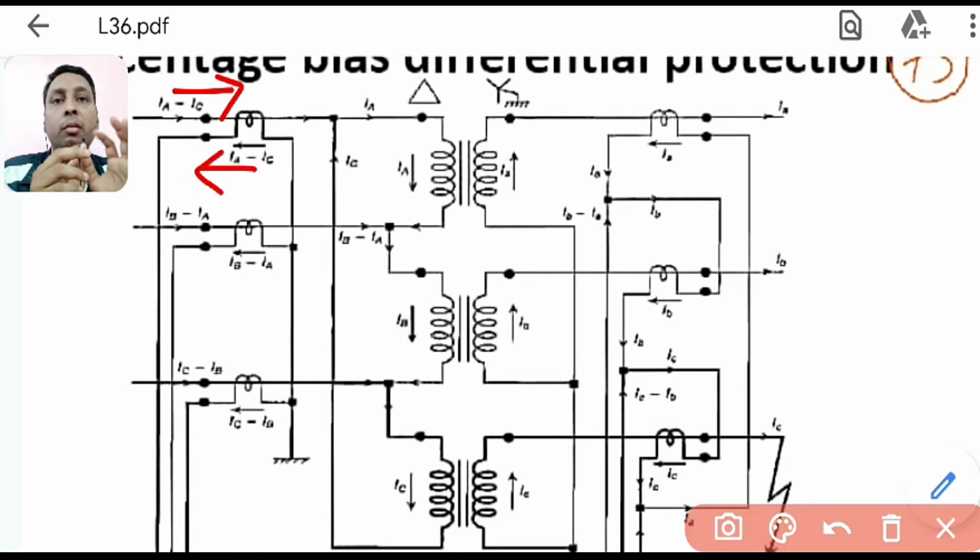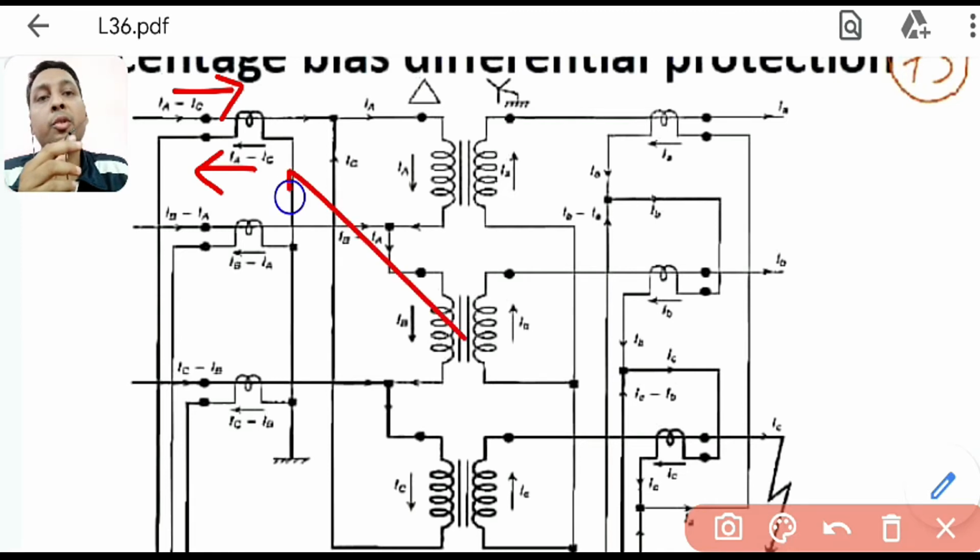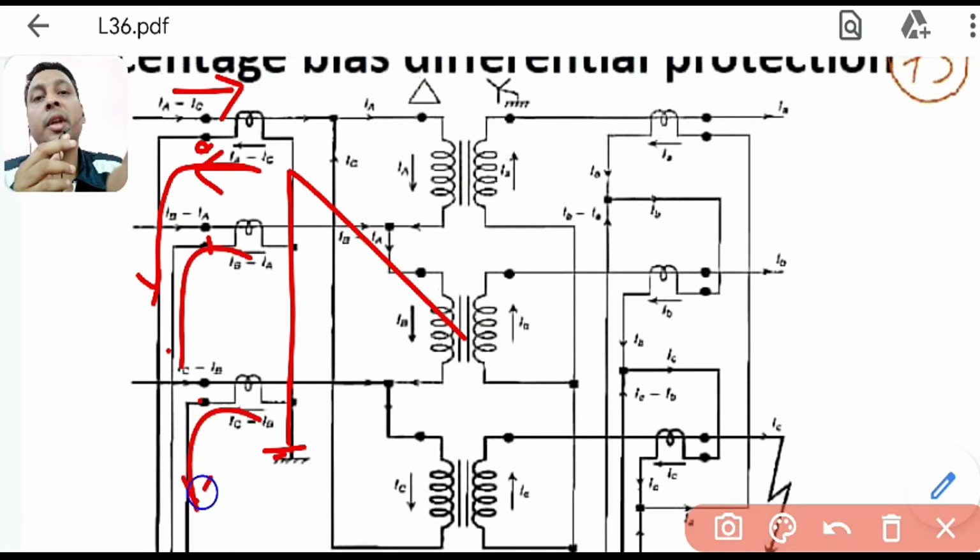That depends on you, in which direction you want to give. Because you have shorted this side, you want to take the current this side, there is no harm, so you give the dot here. So I have given the dot here. That means all the 3 currents are coming out this side. And you just name the 3 currents. What are the 3 currents? Here you can see this current is IA minus IC, this current is IB minus IA, this current is IC minus IB. So you mark these currents.